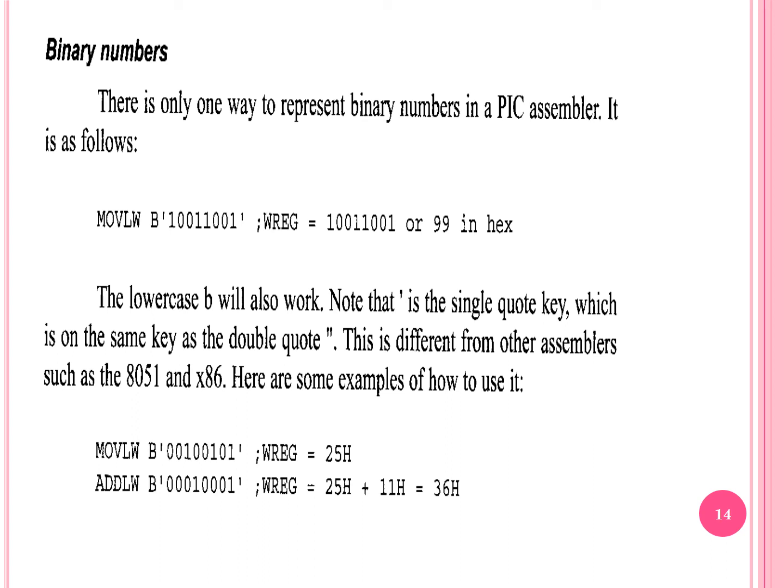Just note that the single quote is different from other assemblers such as 8051 and x86, where you can have a single quote, or compulsorily have to use double quote if it is a multi-bit pattern.